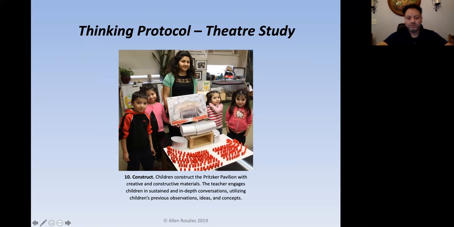And so you can use this tool, another tool, to plan, right? So I gave you a lesson planner to plan your experiences, your literature experiences and other ones. And this protocol is another way. If you use the Bloom's taxonomy wheel that I shared with you, you can create your own thinking protocol based off of your own thinking and creativity to provide these long-term, wonderful scaffolding experiences with children.